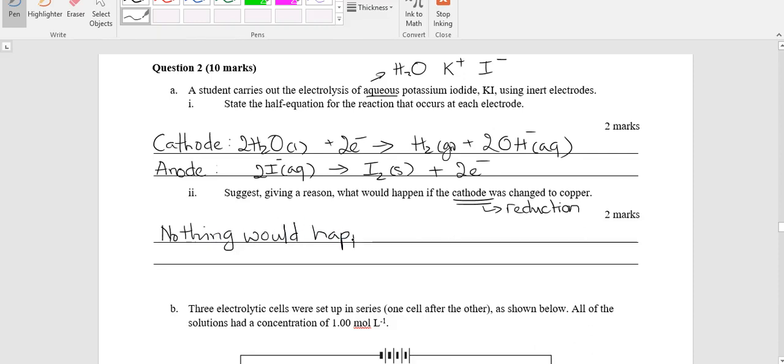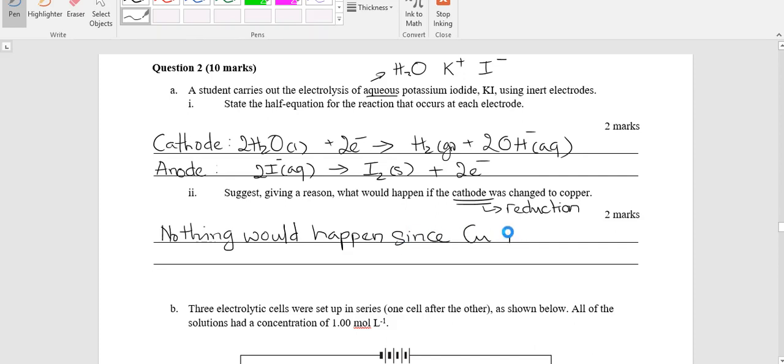You need to consider whether the new species present has access to the electrode that it needs in order to undergo the correct process, whether that is reduction or oxidation. So if you have a reducing agent present, it needs to have access to the anode before it can compete with anything. This reducing agent does not have access to the anode at all because it is the cathode. So nothing would happen since